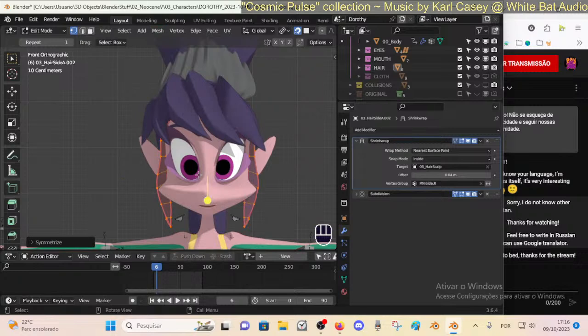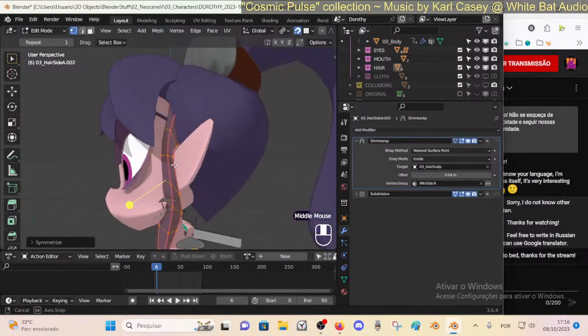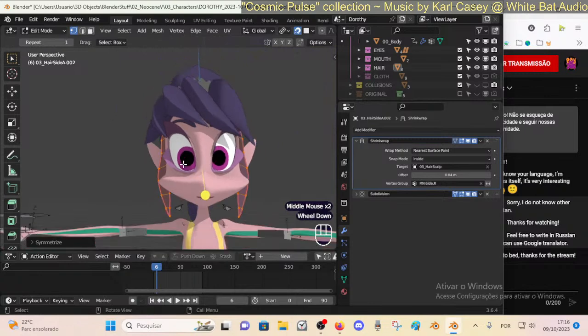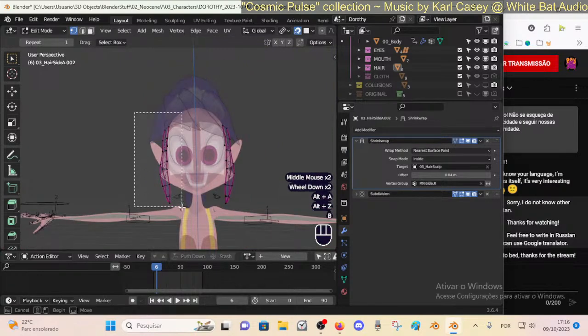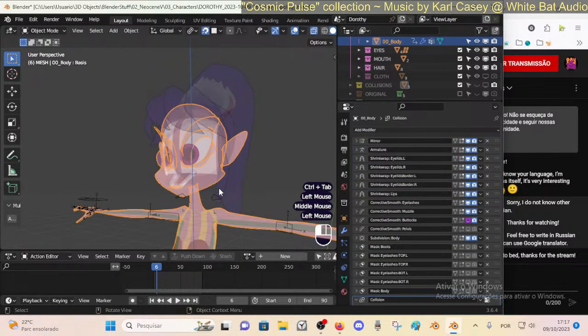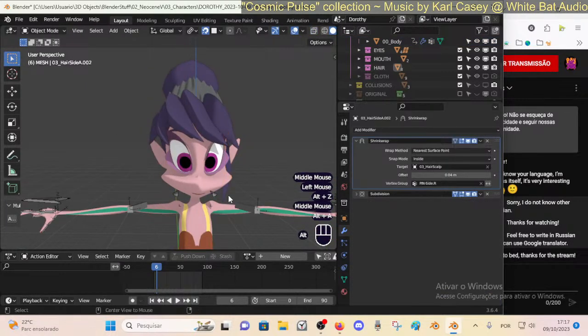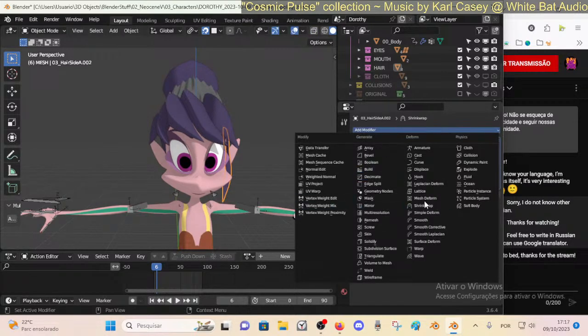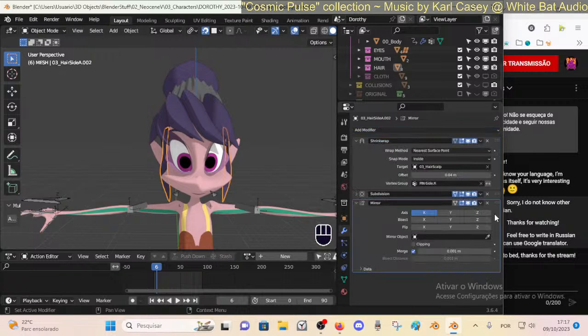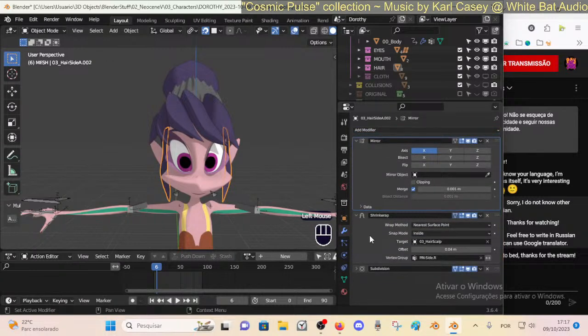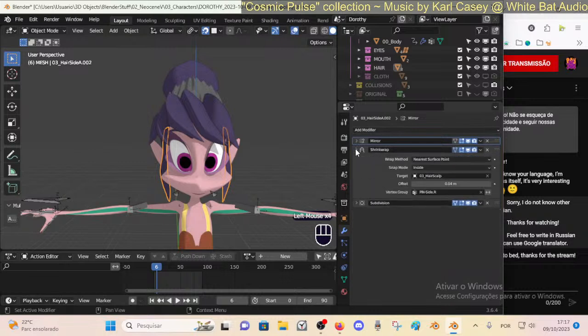Alright, so okay, that serves, but then I want to delete this part. I'm going to add a mirror modifier, and okay, mirror shrink wrap, and then of course